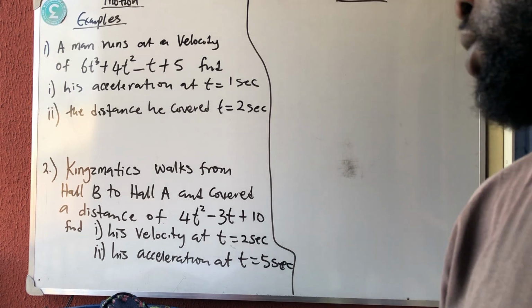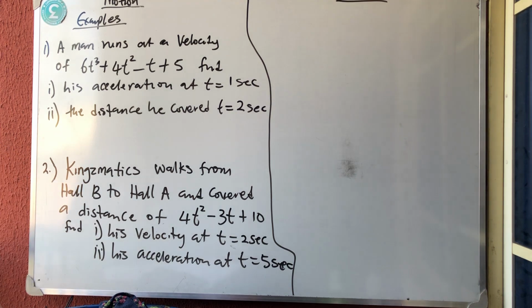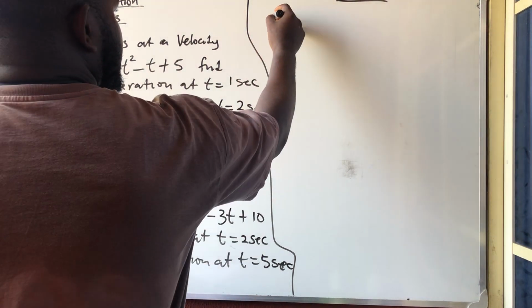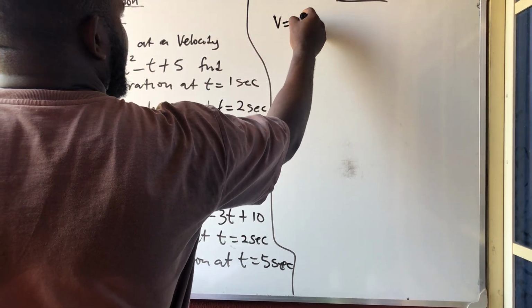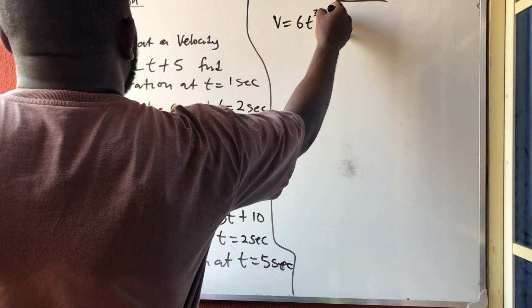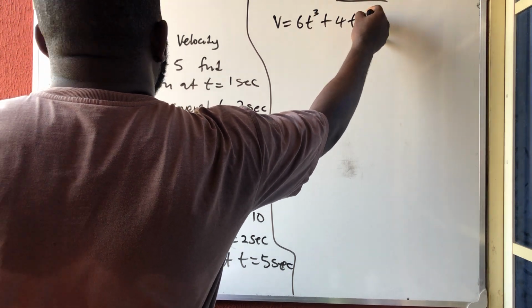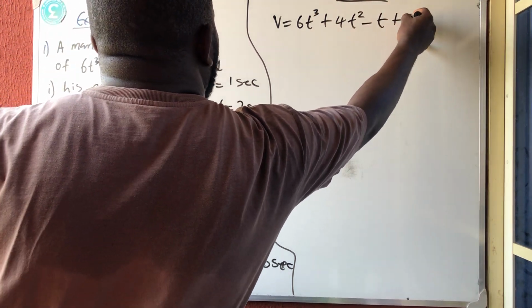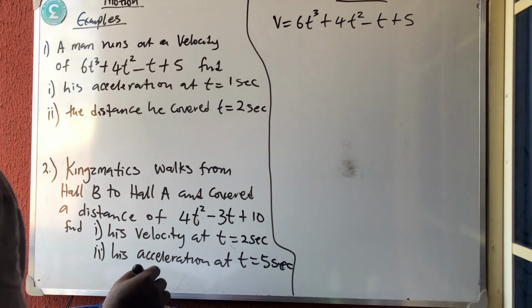All right, let's solve some problems on motion. The first problem we're going to solve says a man runs at a velocity of 6t cubed plus 4t squared minus t plus 5. Then I say we should calculate